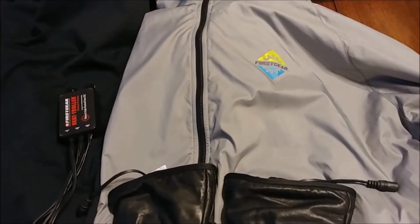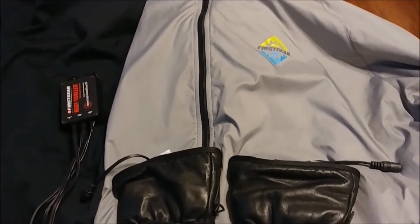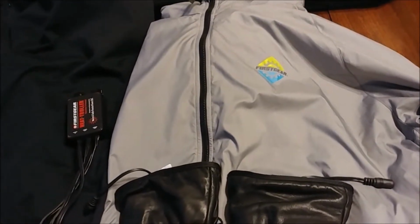So today I am going to go over how I stay warm on the Can-Am Spyder. I have the F3 with the Blue Ridge windscreen, so it helps keep the air off my stomach and my lower chest, but I get hit in the upper chest and shoulders, arms, and my legs. So what I use